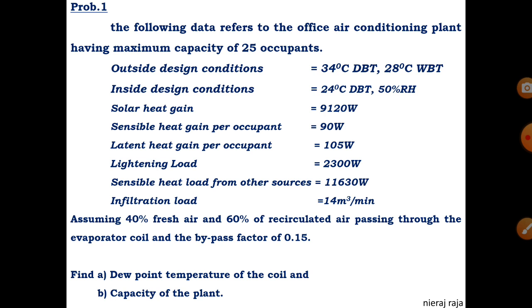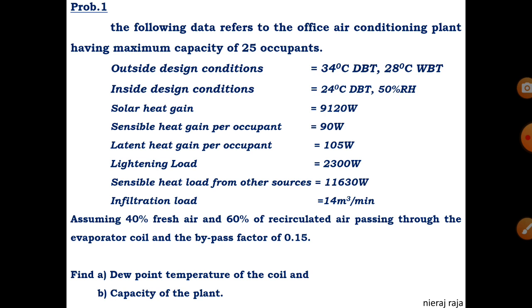Its components are mentioned. The solar heat, which adds some sensible heat, is 9120. The occupants present are dissipating some heat, which is responsible for sensible heat as well as latent heat, so that is 90 watt and 105 watt. The lighting arrangement inside the room dissipates 2300 watt. And you may have some different appliances, different processes taking place in the room, a partition wall, so everything which contributes sensible heat load is